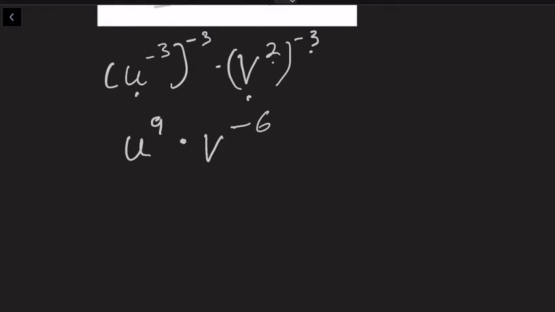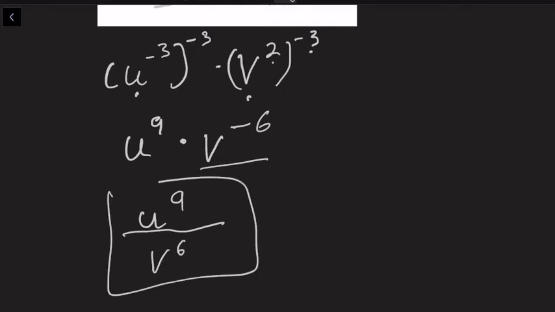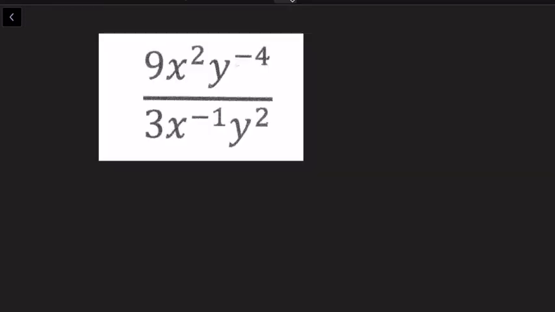What we're going to do is move this to the bottom and get rid of the negative exponent. So then this becomes u to the 9th, and in the denominator we're going to have v to the 6th. That's our final answer. So right here, the first thing I want to do to simplify this is I want